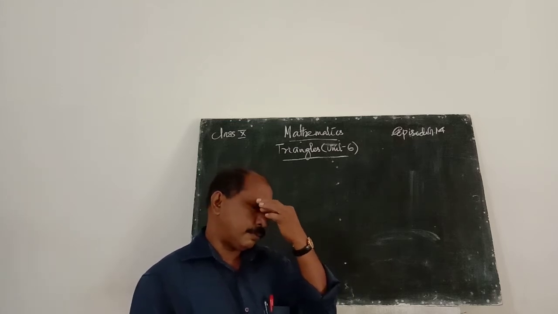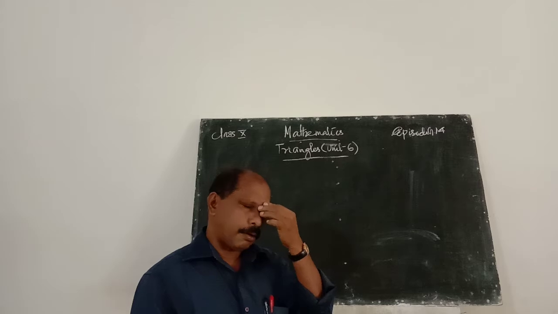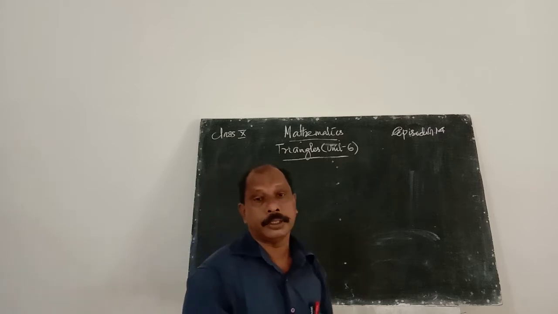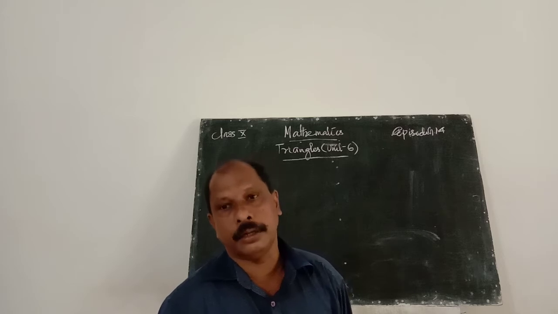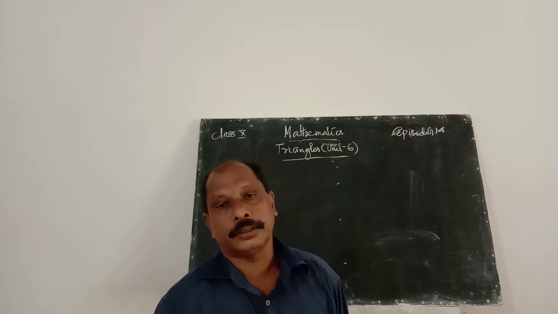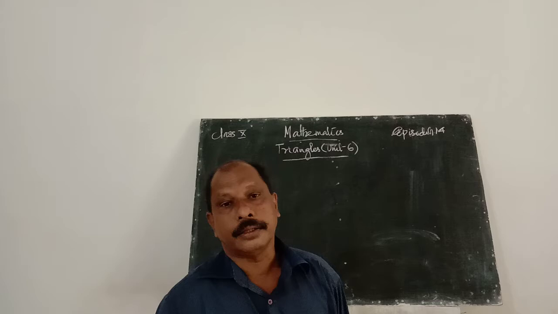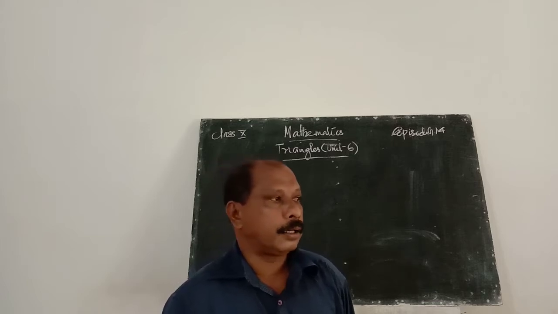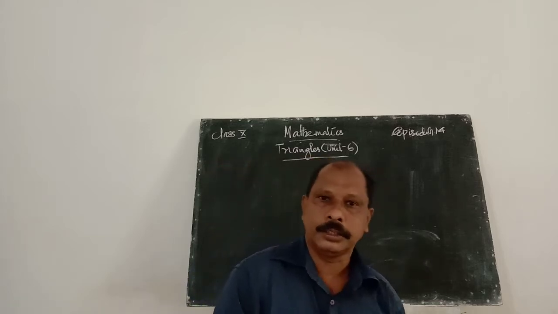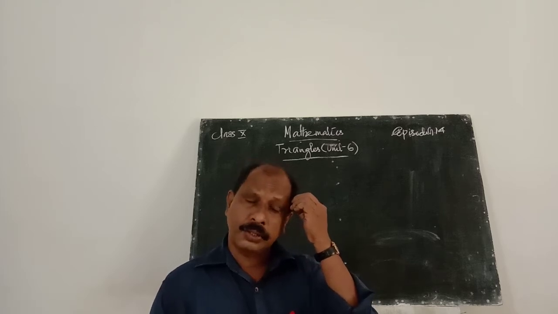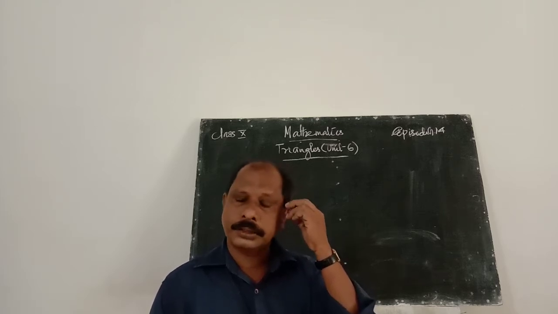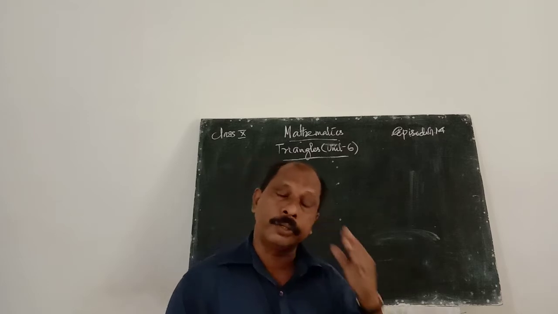We shall discuss all the portions once again. That means three sides, three common points, therefore it is a triangle. For a triangle, there are three sides and three vertices, and the sum of the angles of that triangle is equal to 180 degrees. Any angle of a triangle less than 90 is acute. Any angle equal to 90 is a right angle. Any angle greater than 90 is obtuse.